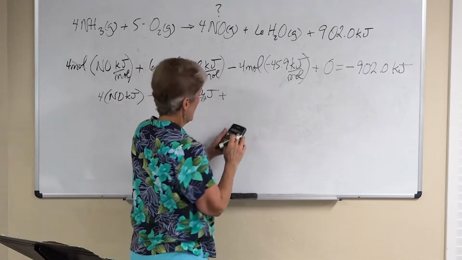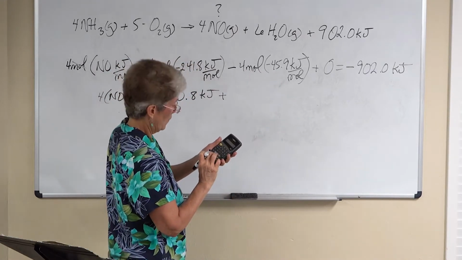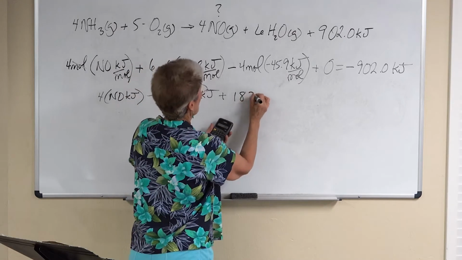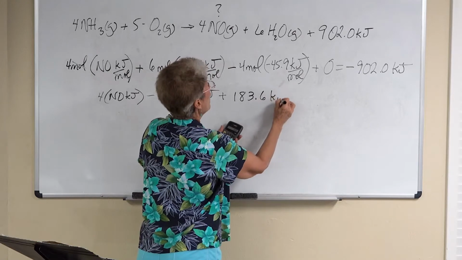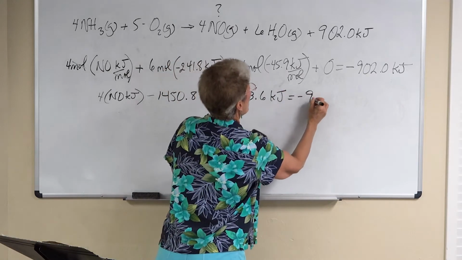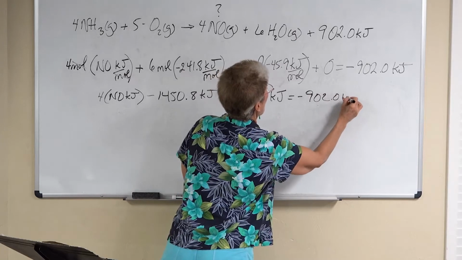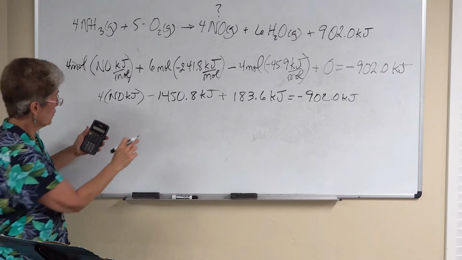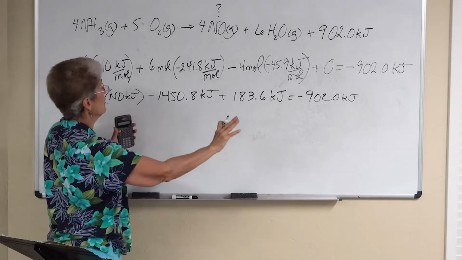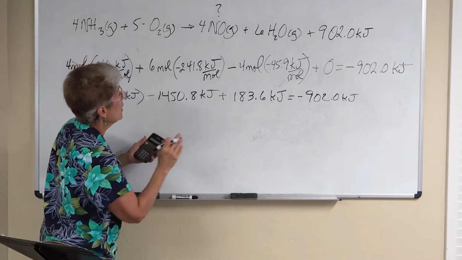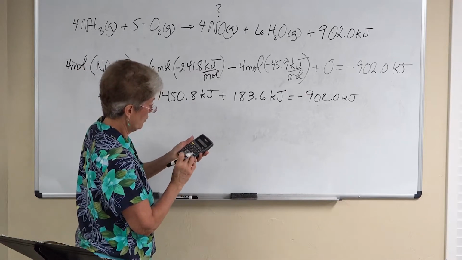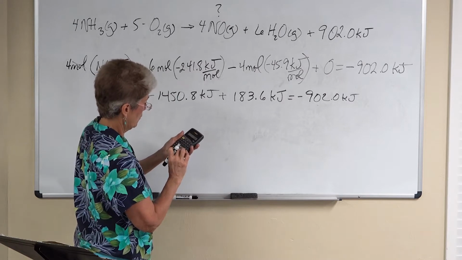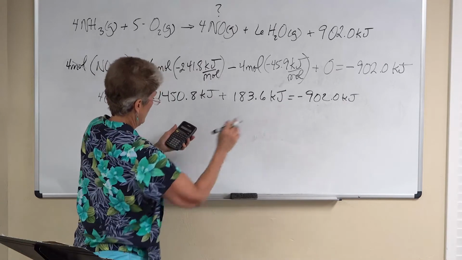Plus, because I have a negative and a negative. Okay, so now we're going to get this on one side and everything else on the other side. So I'm going to put in my negative 902 minus 183.6, so I just subtracted that from both sides,